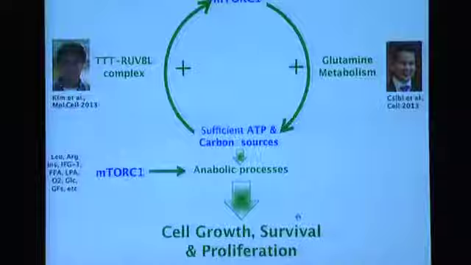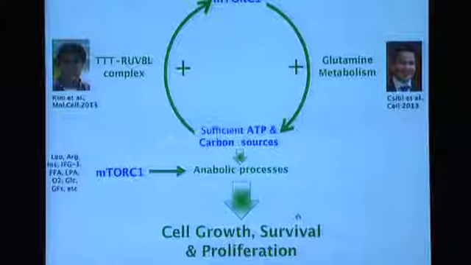Under conditions where you have lots of nutrients and growth factors and you have high TORC1, if you have too much energy, this is like having too much money. You can only buy so much. And then what do you do? You reinvest that money to make more money. And this is what these tumor cells do. They reinvest the energy to further stimulate TORC1.